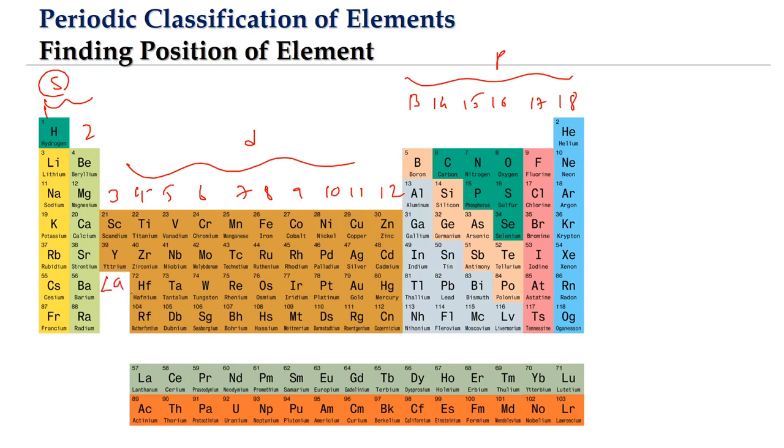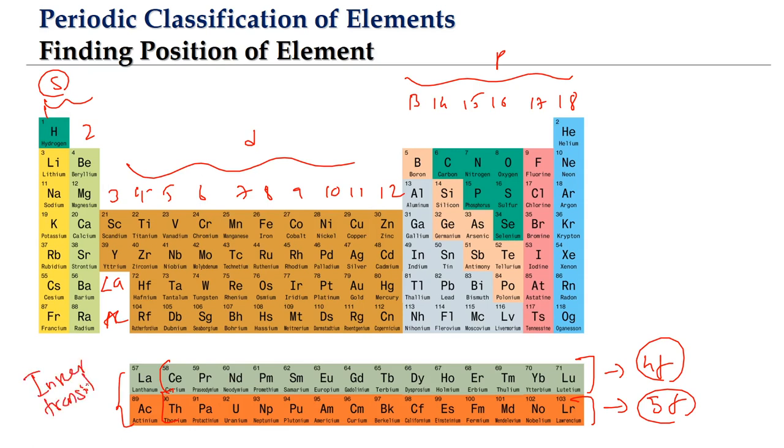The elements that follow lanthanum, starting from cerium to lutetium, we call the 4f series, or lanthanoids, or rare earths. The elements that follow actinium, starting from thorium to lawrencium, are 14 elements where the 5f subshell is being filled. That will be the 5f series, also called actinoids. The lanthanoids and actinoids together we call inner transition elements. The D block is called transition elements, and the F block is called inner transition elements. We even discussed in the previous video why the name inner transition has come.